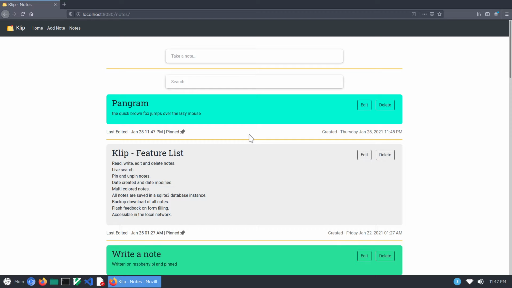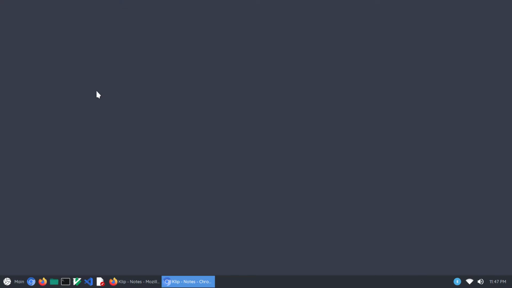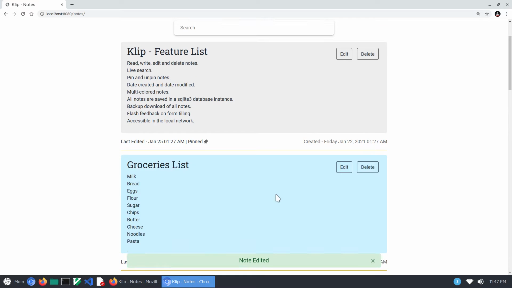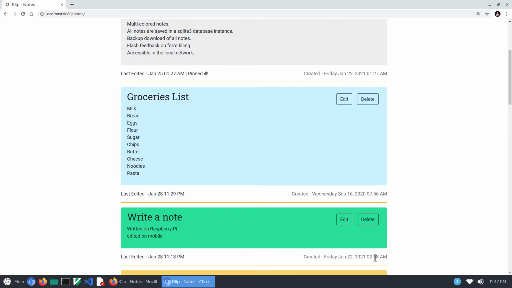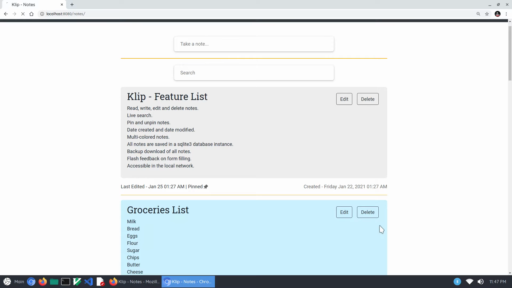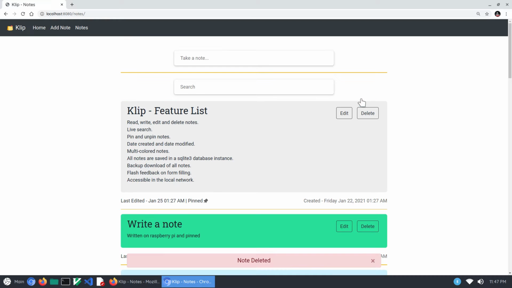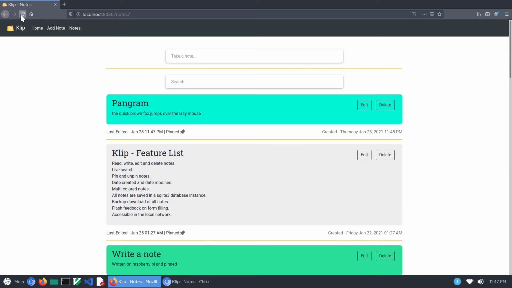Let's change the browser and go to Chromium. You can see we have all the same notes. You can open it from the other browser also, and this is the old one. Let me refresh it. This was preloaded. Now this is the actual app. Let's delete this one, and the next feature would be, let's see,